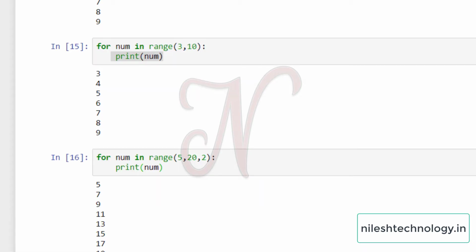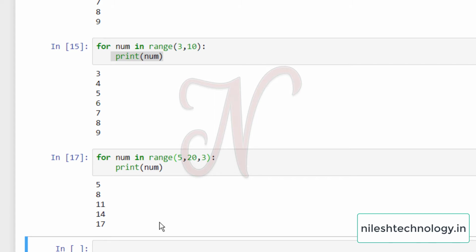Starting from 5, step size 2 means skip one number and jump to the next: 5, 7, 9, 11, 13, 15, 17, 19. If the step size is 3, then the output is 5, 8, 11. These are the three parameters we have to see in the range function.